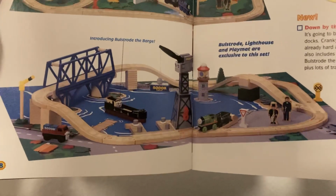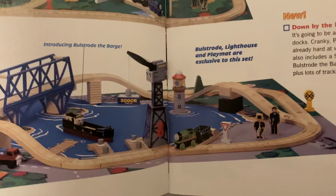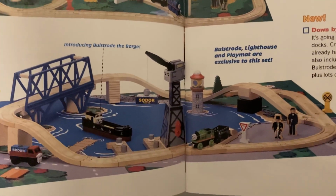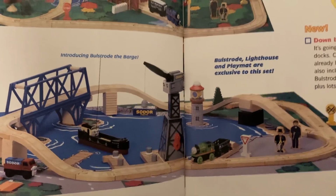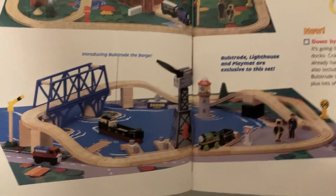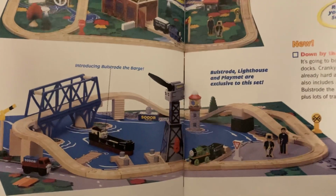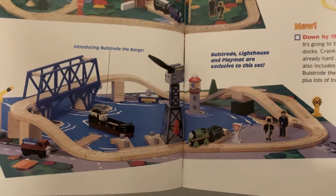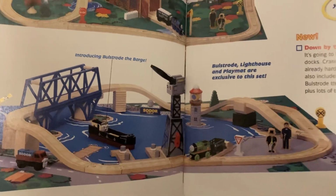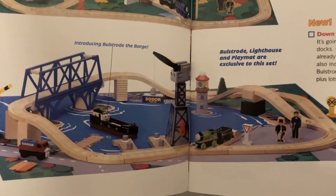I kept my Cranky the Crane growing up, and the Sodor Bay Bridge, but sadly, I lost those. My mom threw them away eventually when I was at that awkward phase when I was wondering if I was too mature, too old, to like Thomas or not. You know, that was something that I was dealing with, and when we were going to move out of a town in Wisconsin, not where I live now, a different town, but